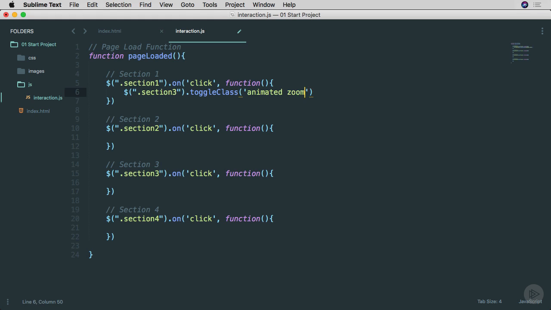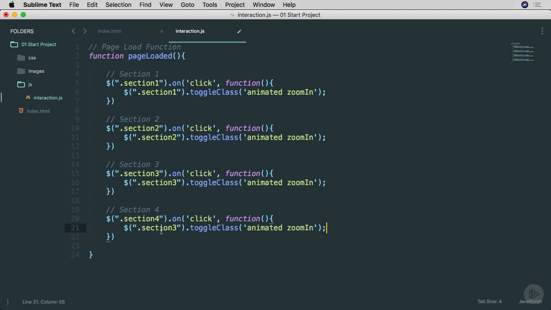And so I'm going to say animated zoom in, and that with a semicolon, and I'm going to copy that, and actually this is section 1, so let's change that to section 1. I'll paste that to section 2, change that to 2, that one is already 3, we're good there, and then